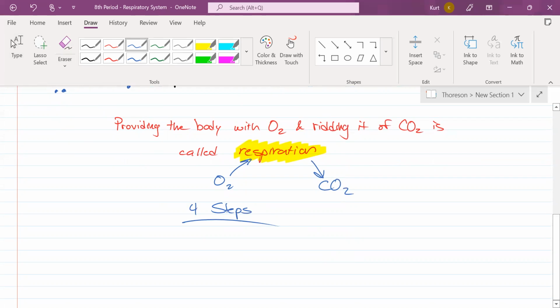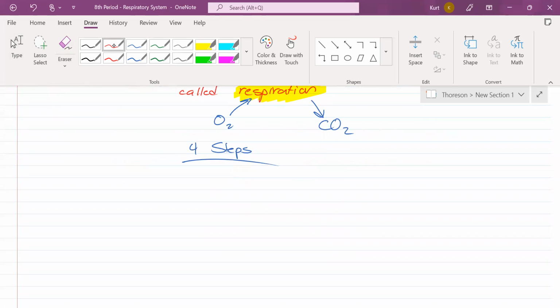Well, this whole process of respiration happens in 4 steps. And this is going to take us to the end of class today. We're going to do these 4 steps, and the bell should ring by the time I'm done. Let's do these 4 steps. Number 1,